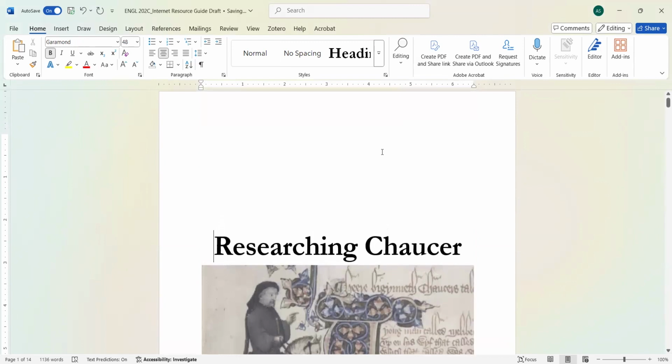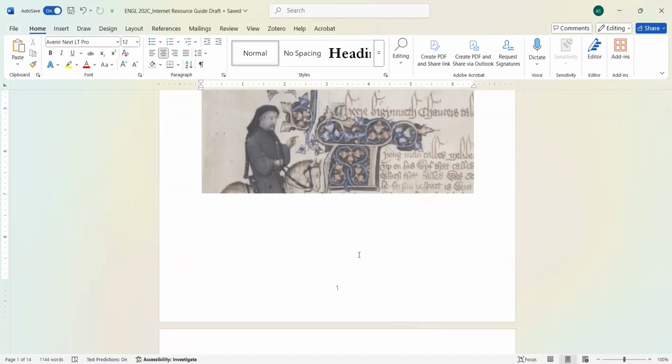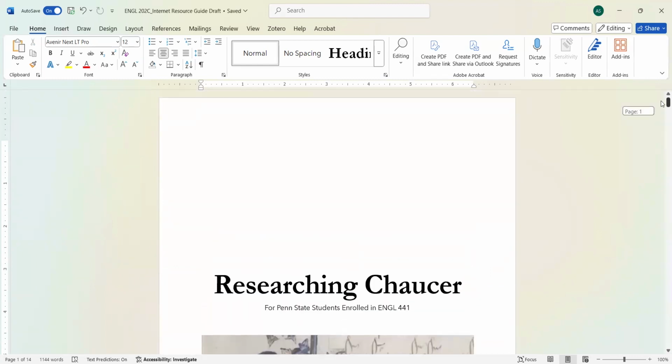Everything has been formatted. First, we're going to fix the page numbers because I don't want my first page to have a